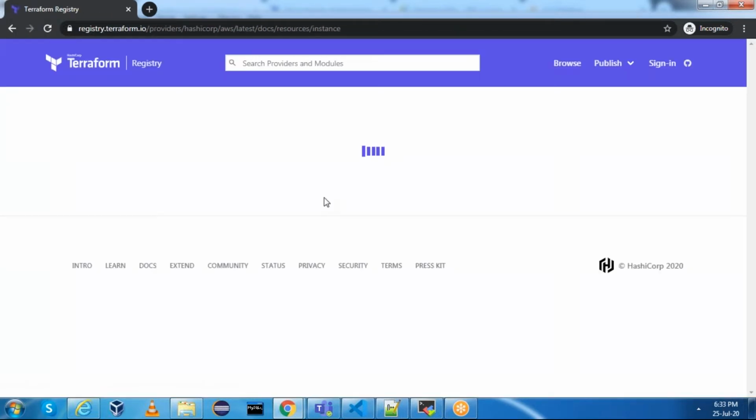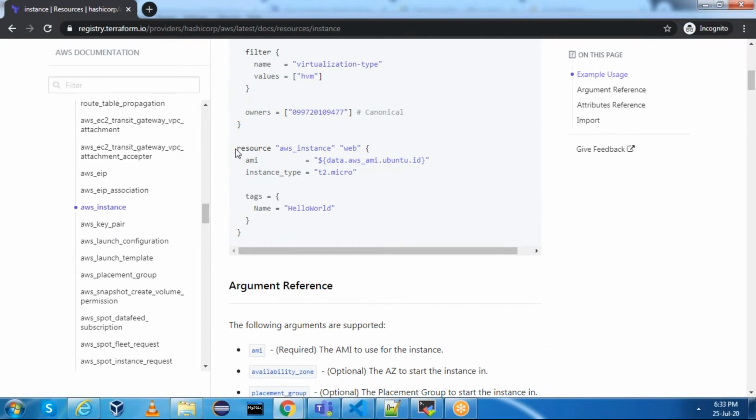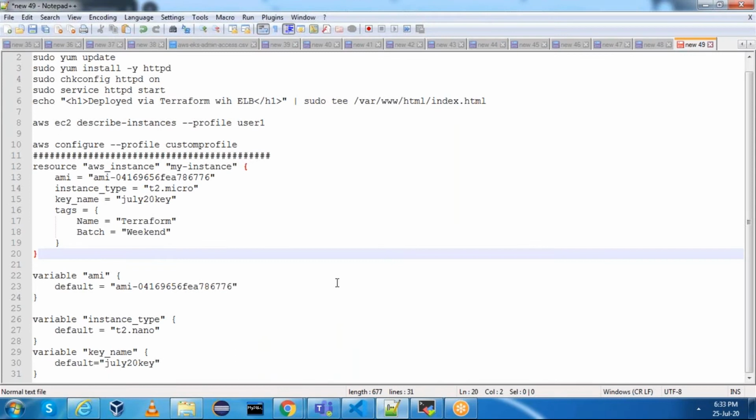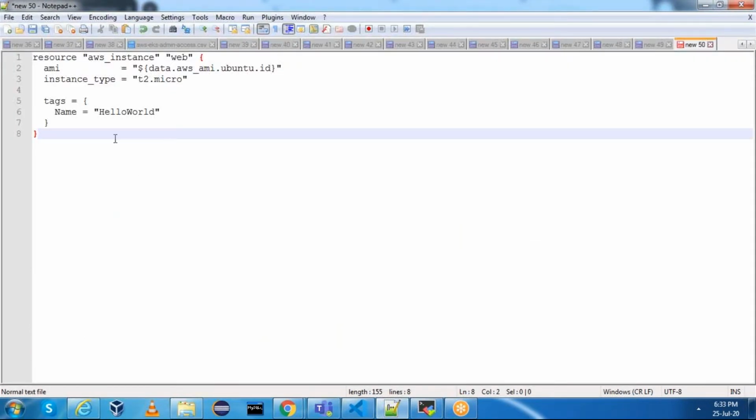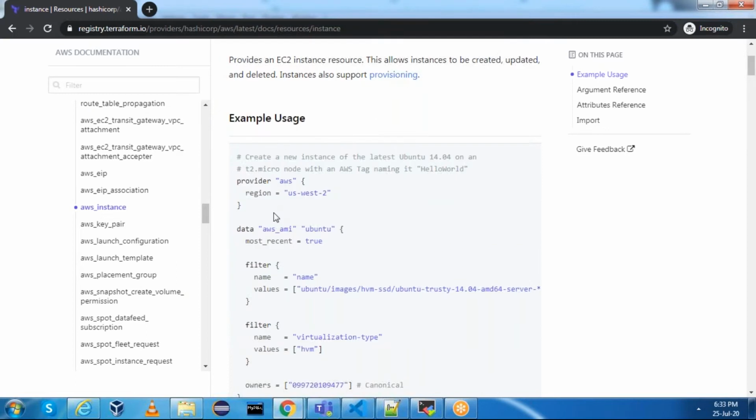We'll copy one resource and try to implement the 4 approaches with this resource. Minimum, we need these entries. The resource type is aws_instance, and you can give it any name. Along with that, you need the provider as well. This is what the Terraform documentation says.